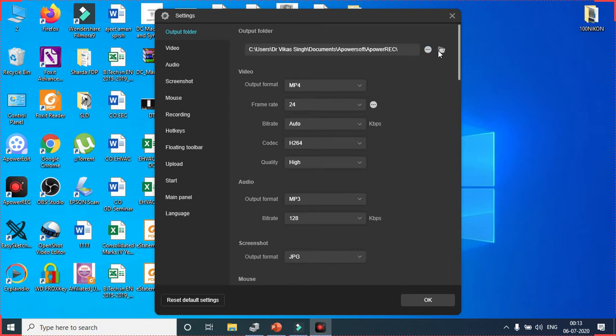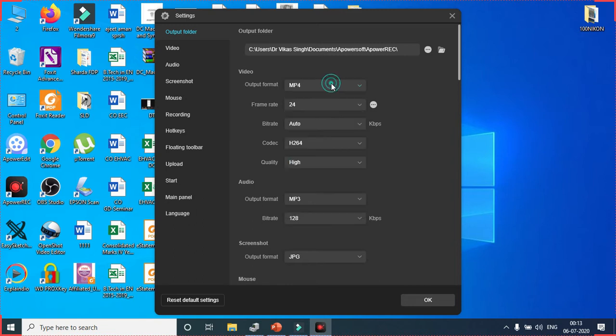This is the default folder in which whenever you record any video, it will be saved. Then the settings for video: the output format is MP4. If you want to change it, you can choose WMV, AVI, MOV, FLV or MPEG as per your requirement.